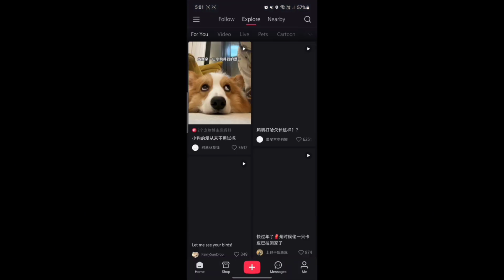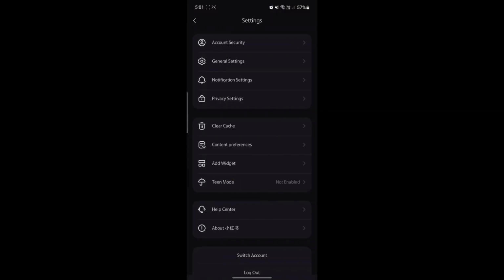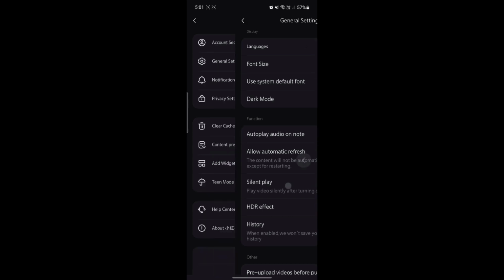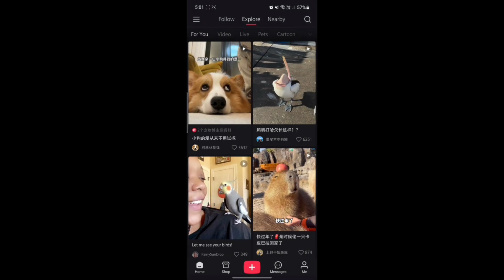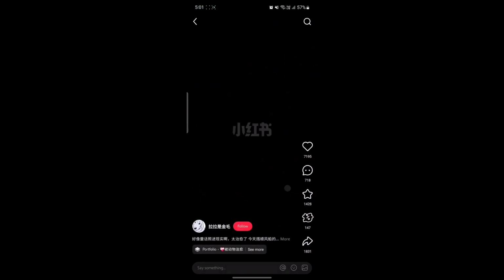Then click on the three lines on the top left hand corner and go to settings on the bottom left. After you do that, go ahead and tap on general settings. Then you can see the autoplay audio on Note under the function settings. Go ahead and enable this function and all of the audio will be auto-played as soon as you open the app. So as soon as you open the app, the audio will be auto-played,